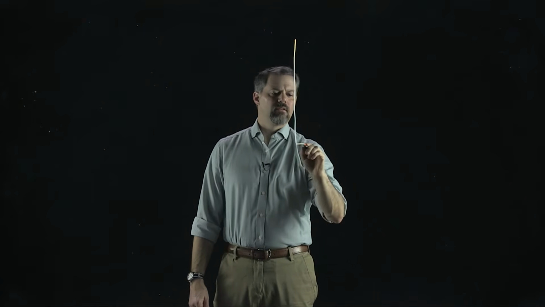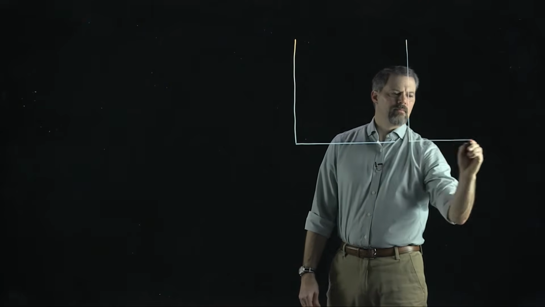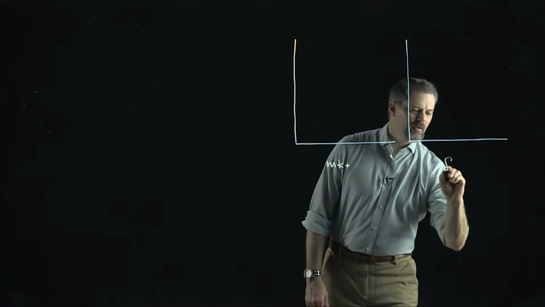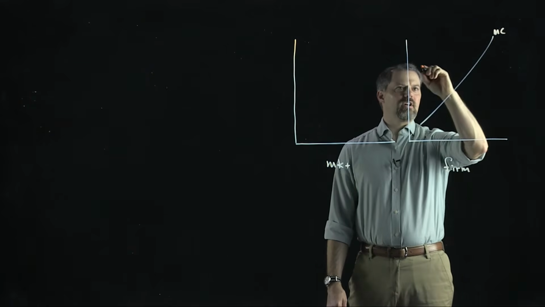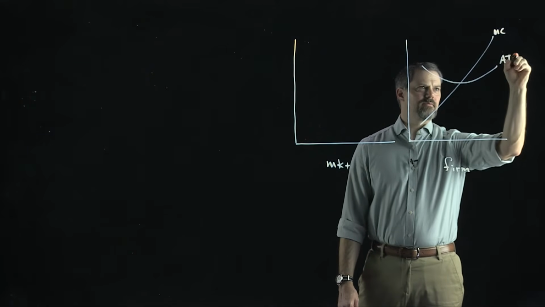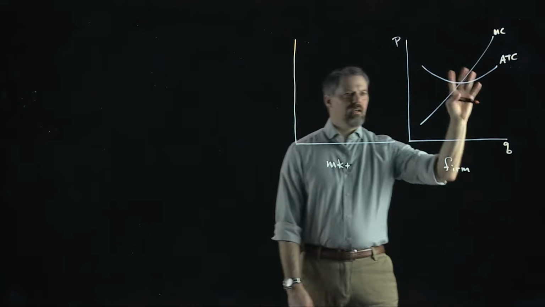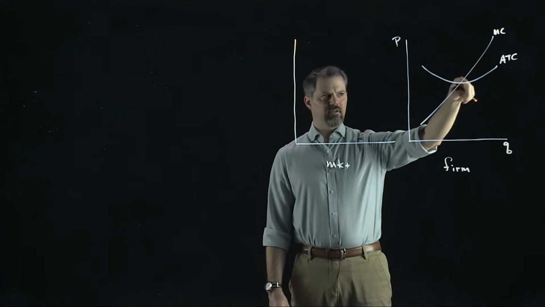All right, let's do a decrease in demand now. And let's do the same thing. We're going to start with a picture of long-run equilibrium. So we've got our market here. We've got our firm here. Let's start with marginal cost and average total cost. When you're drawing the picture, it's always best to start by drawing your cost curves